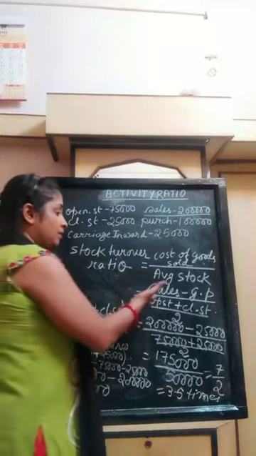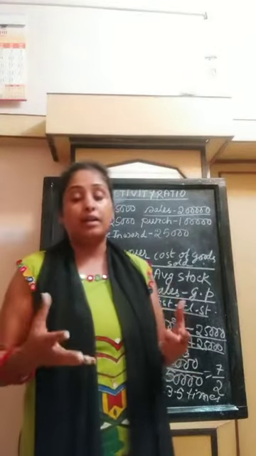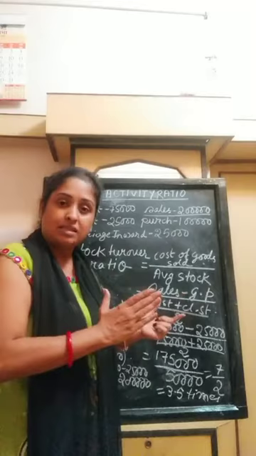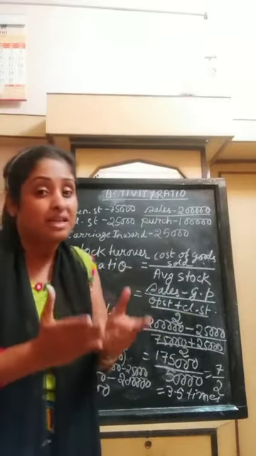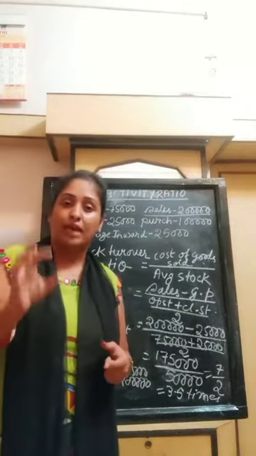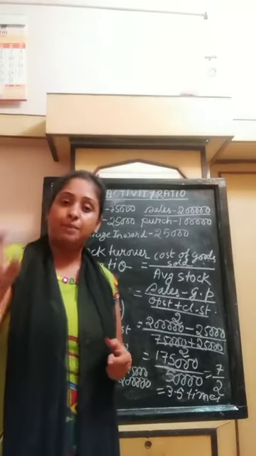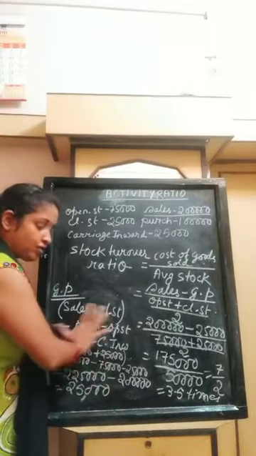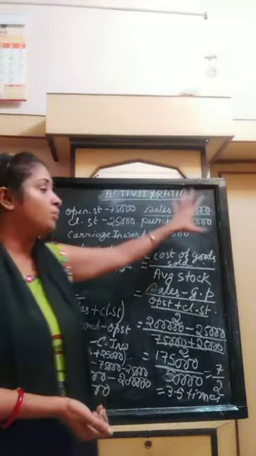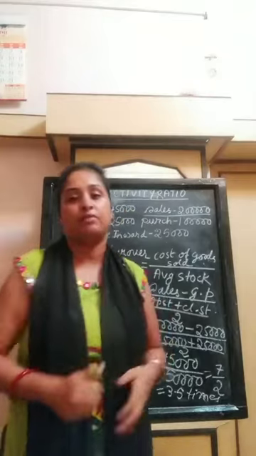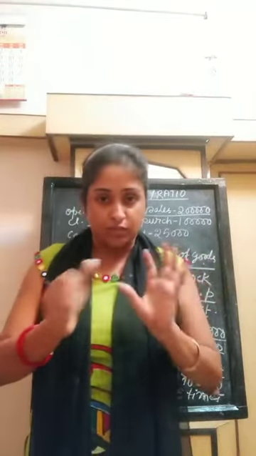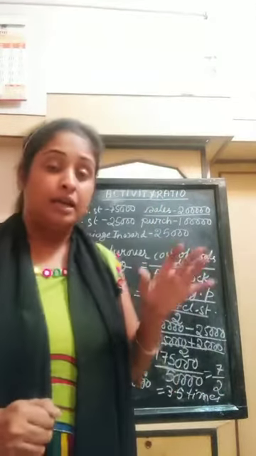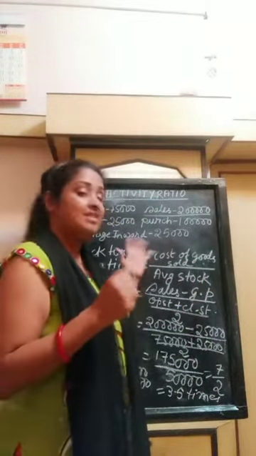Either sales can be given directly, or a GP percentage can be given. I have solved those sums also where sales is given and GP is given as a percentage on sales. In those sums you have to calculate the GP by multiplying the percentage with the sales. In that case you don't need to prepare the trading account, because these items won't be provided to you directly. You can understand this when the sums are provided to you.